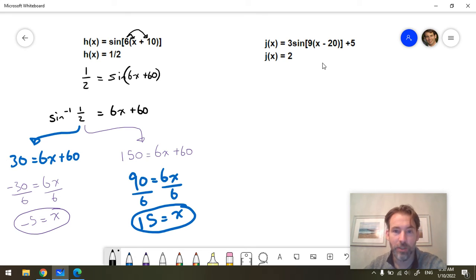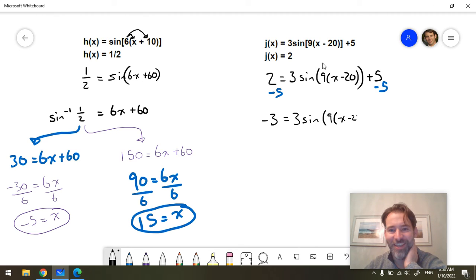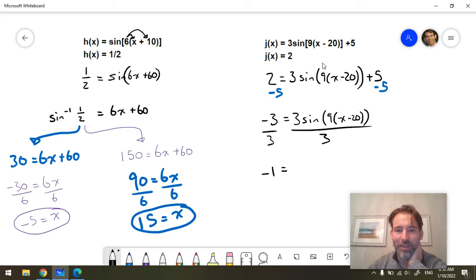So first thing to do is to substitute that in. So 2 equals 3 multiplied by sine of 9 multiplied by x minus 20. Let's get the signs right when we write it in Desmos this time. Save us a heart attack. Plus 5. Okay, and then go ahead and subtract the c from both sides. All right, and that's going to give you -3 over here is equal to 3 sine 9 times x minus 20. Okay, and now divide both sides by 3 to give you -1 equals sine